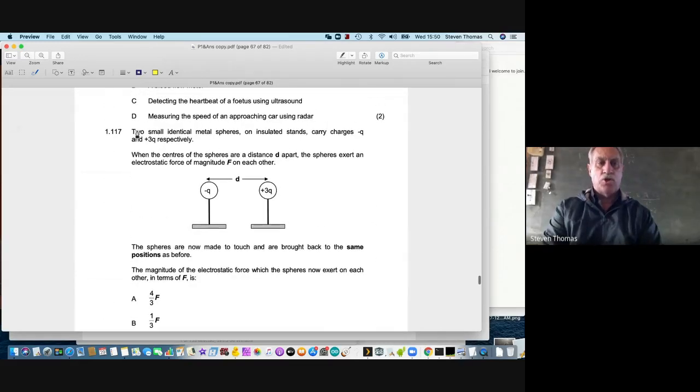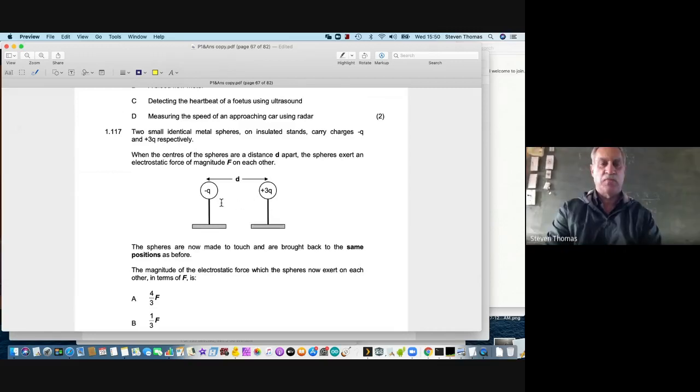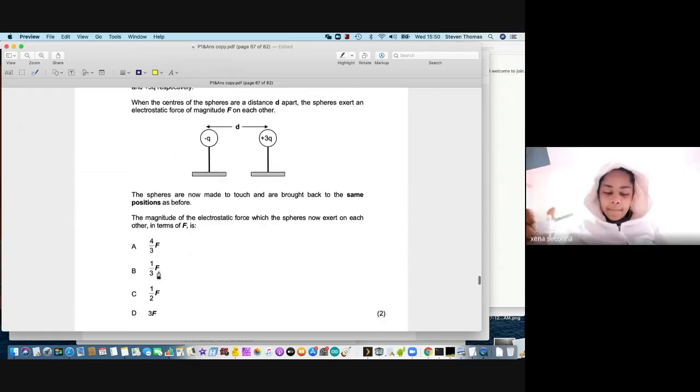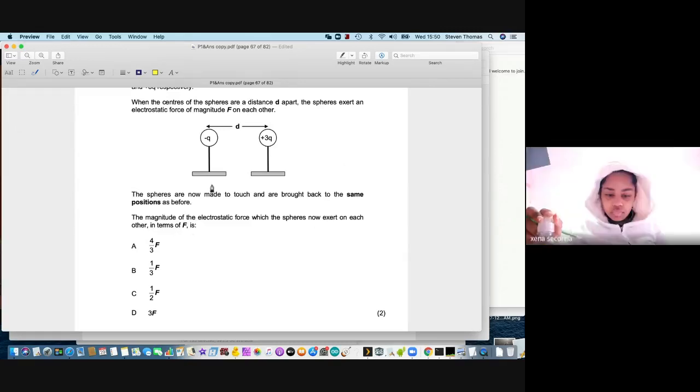Okay, 2 small identical metal spheres on insulated stands each carry charge minus Q and plus 3Q respectively. When the centers of the spheres are a distance d apart, the spheres exert an electrostatic force F on each other. The spheres are now made to touch and are brought back to the same position as before. The magnitude of the electrostatic force the spheres now exert on each other in terms of F is...